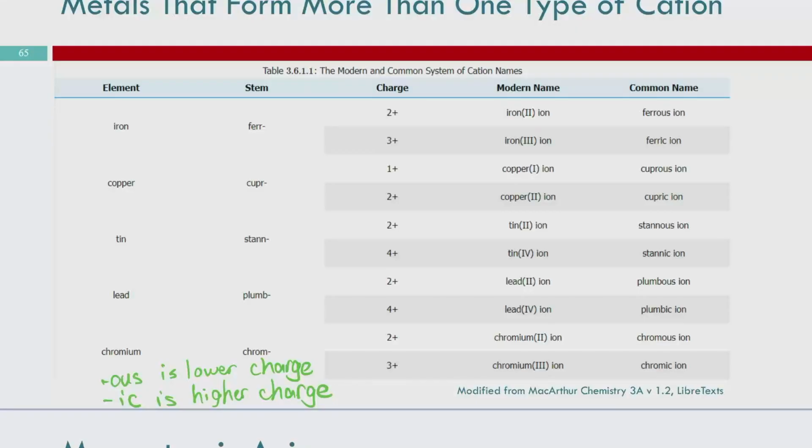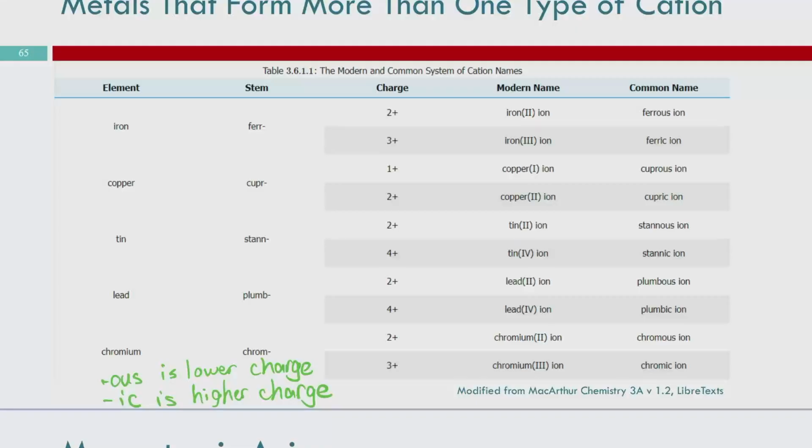So we've got that going for us. You do have to know some of these common names. For things like ferrous and ferric, those would come up if you go into a healthcare profession. You're likely to see ferric and ferrous show up in medication names. You won't see iron 2, iron 3 necessarily, so you need to know what they are so that you can